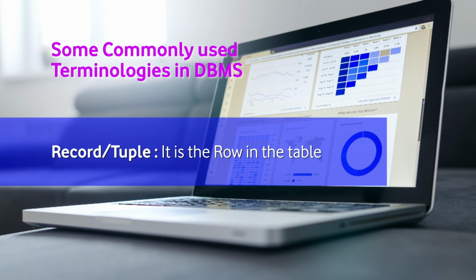By looking at one specific column in the table, we can see one attribute of all the rows or all the records stored in the table. For example, if we need the employee ID of all the employees, then we have to see only one column, that is employee ID, or one attribute of the employee table.